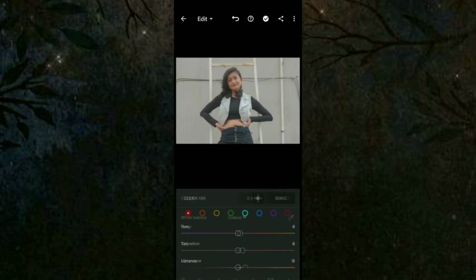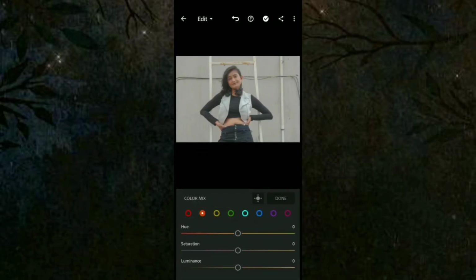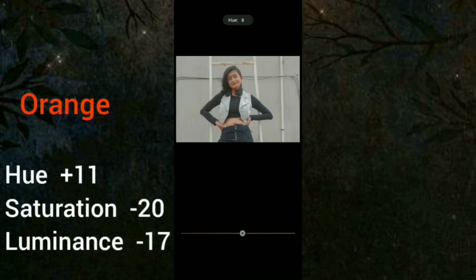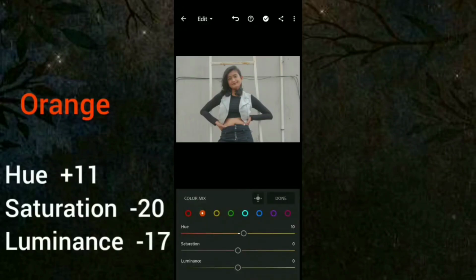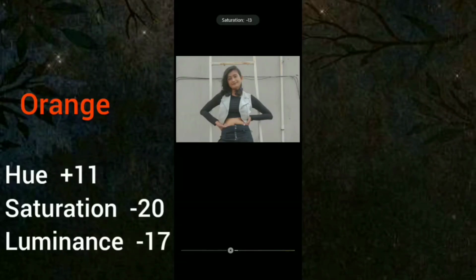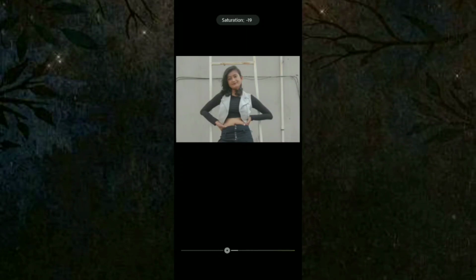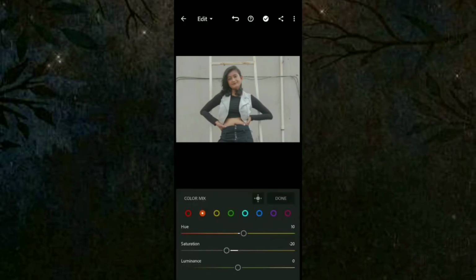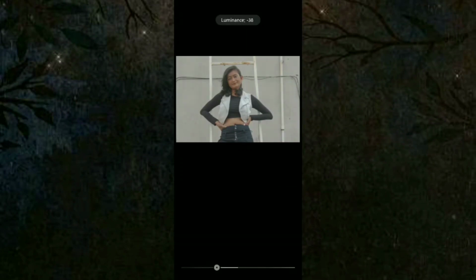Now we will handle all the colors individually in the color mix palette. We will be handling only orange and yellow, so the others will remain as they are. Orange is basically for the skin tone color, where we will be increasing the hue and decreasing the luminance and saturation to adjust your skin color.